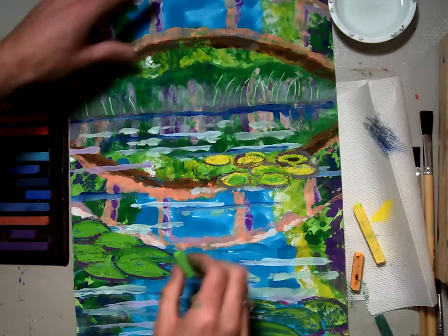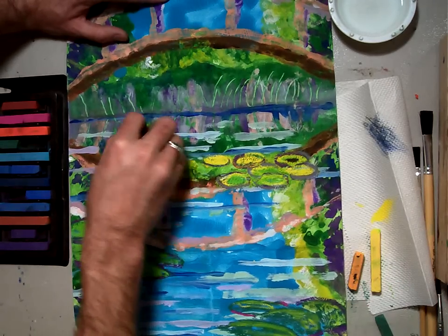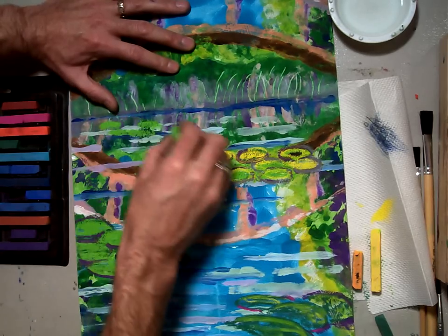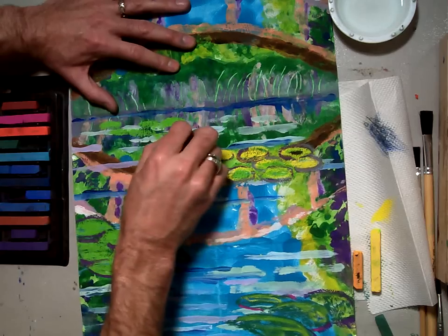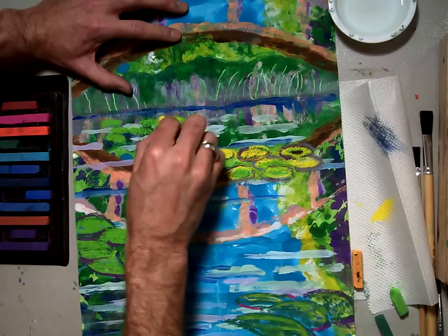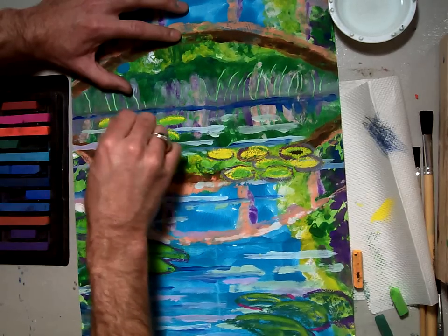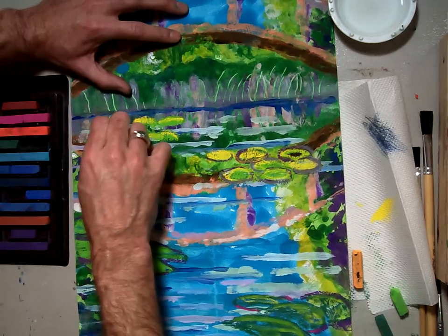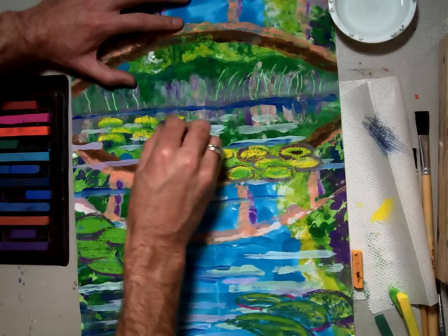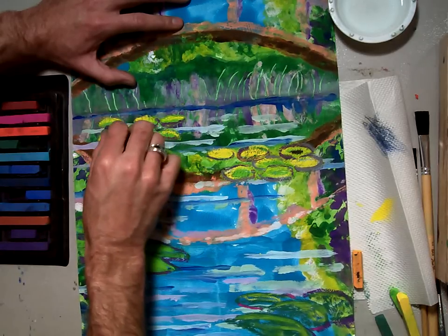Now I'm going to do my last one farthest away, right up here by the shoreline, and this is going to be my thinnest ovals, because as the ovals get farther away they get thinner and thinner, right? So here's my ovals in this group, and they're nice and far away and thin. I'm going to outline a little bit on the top with my yellow so that they look like they're reflecting the light a little bit. And I'm going to underline them with my purple, outline underneath them with this purple to bring them out